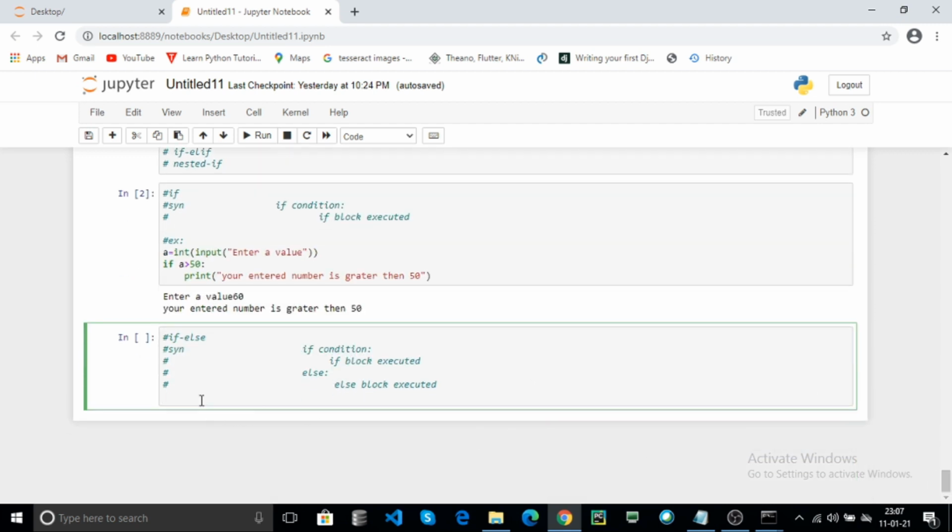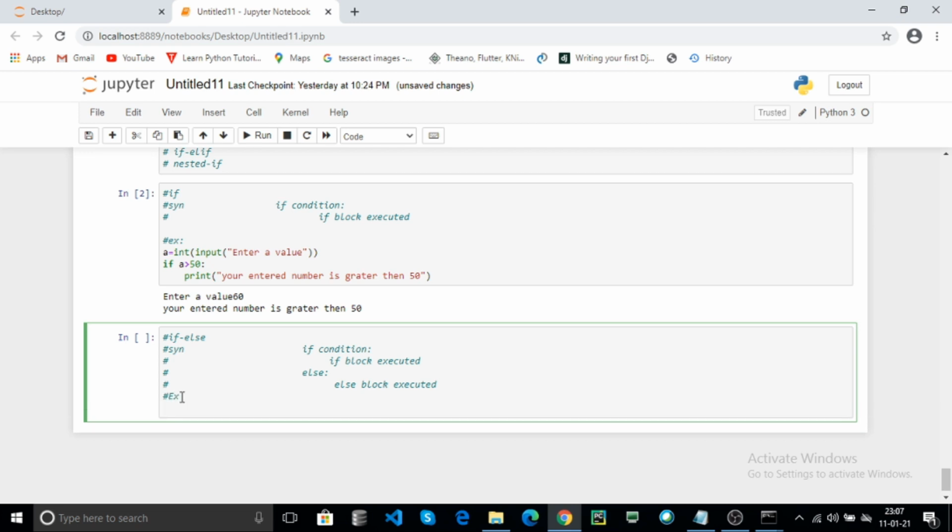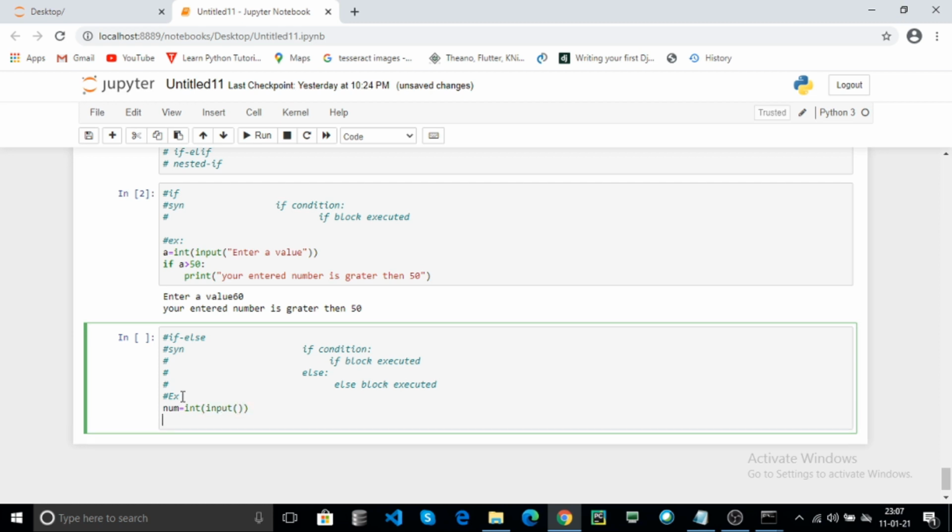See one example. Enter one number. Check whether your entered number is even or odd using the if condition.